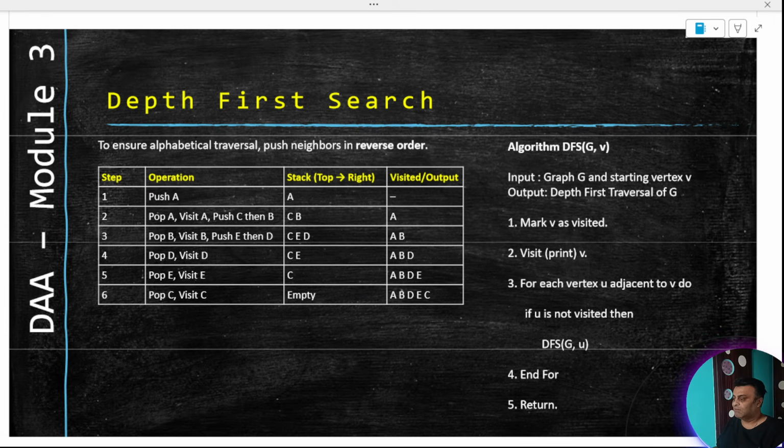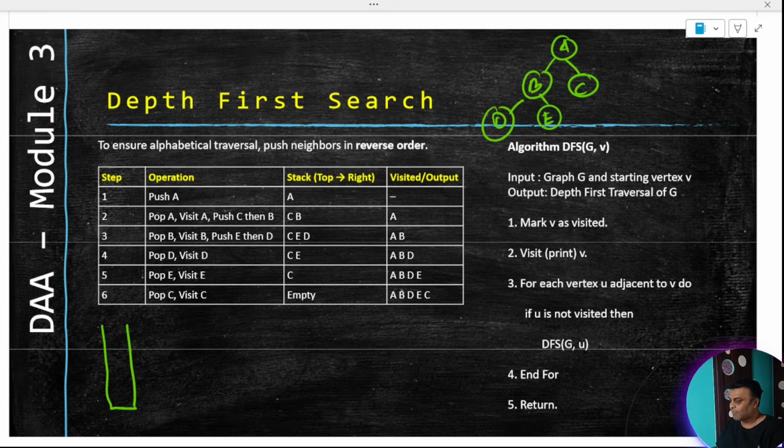Now if I take this same algorithm, let me draw the graph again. A, B, C, D, E. And then we are saying that we will take a stack, and first we will push the first vertex inside the stack, right? So we will take the first vertex, push it inside the stack, and we will pop this out. Again, this could have been not the first element in the stack, so it could be popping some other element, but right now it will pop only A. So it will pop only A out, and that A is what I will write.